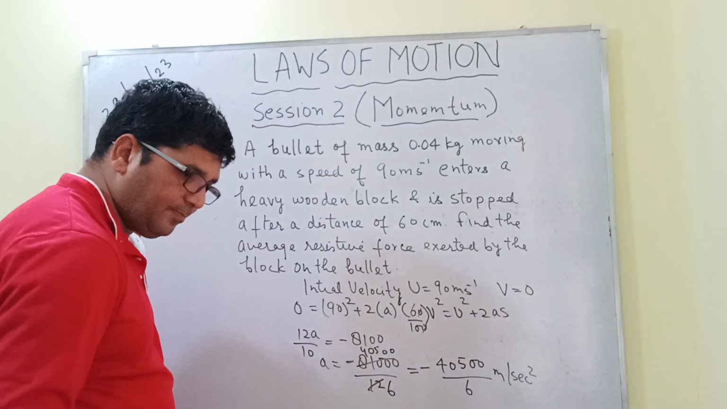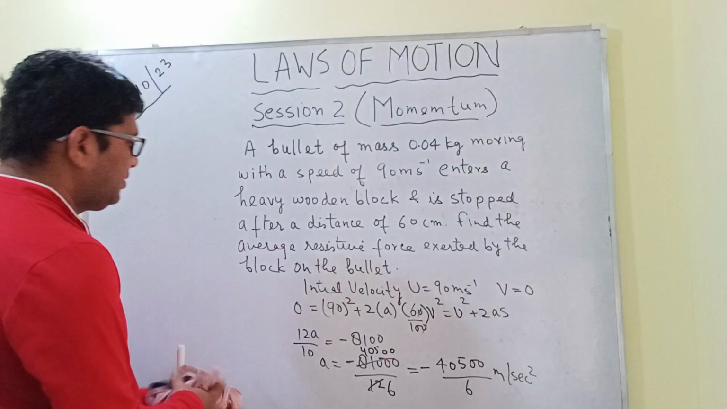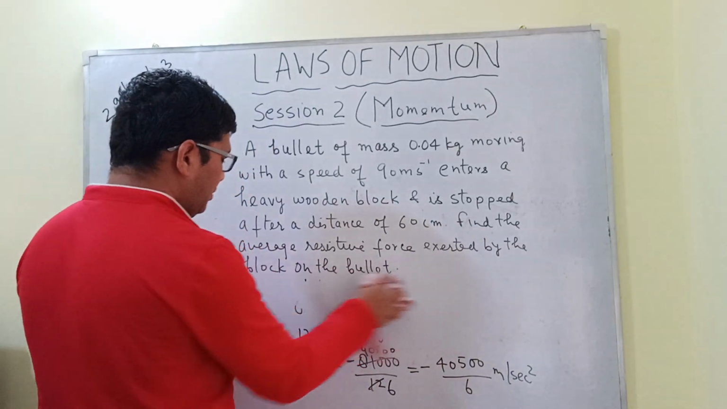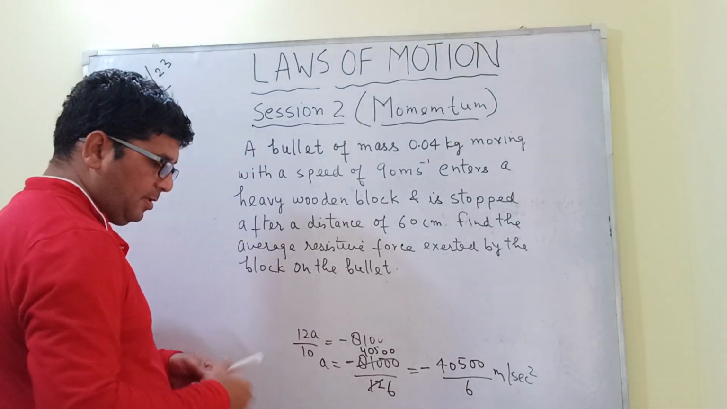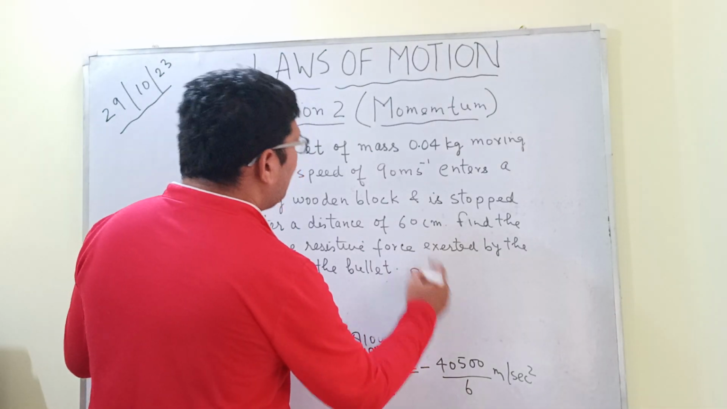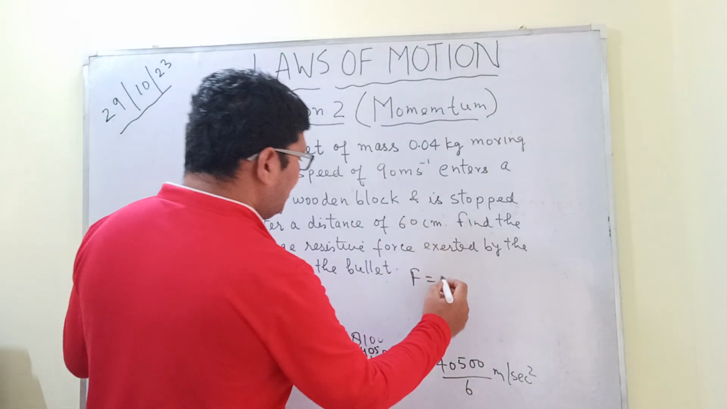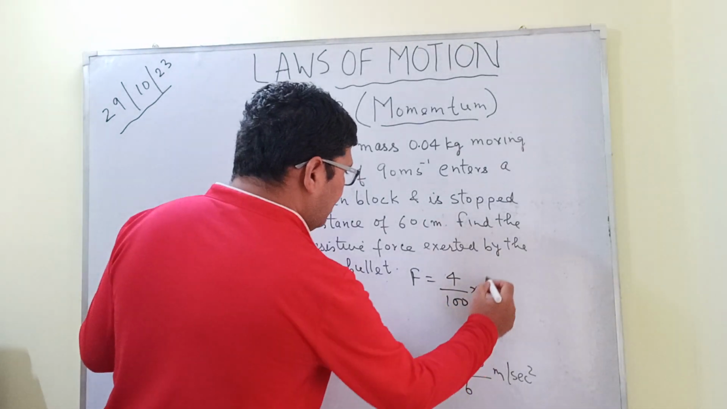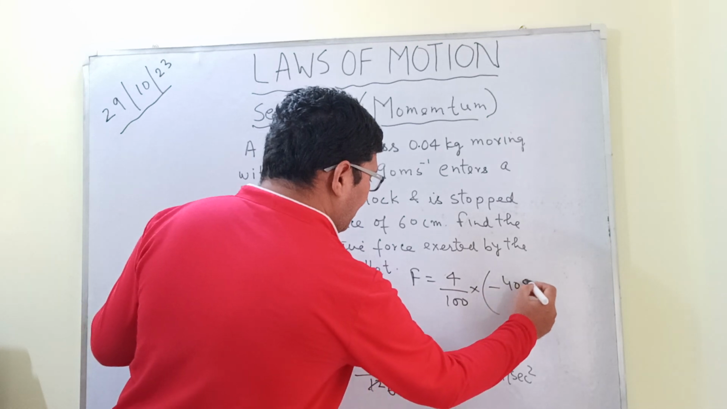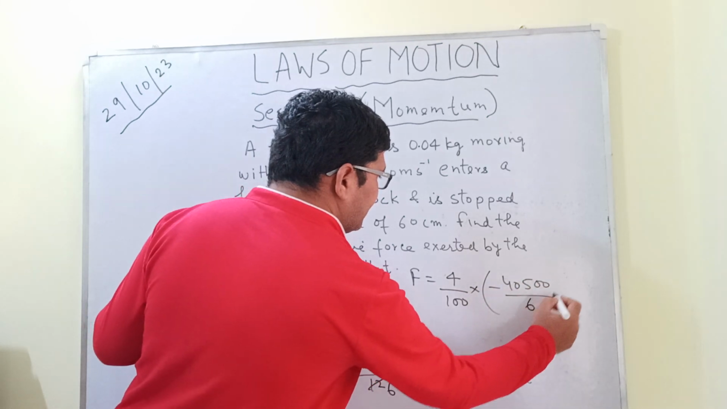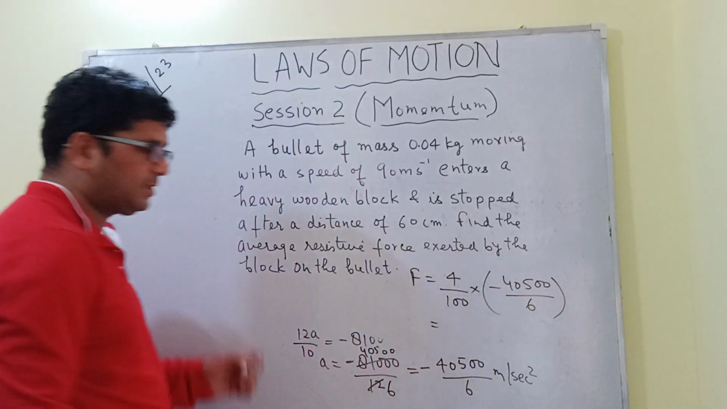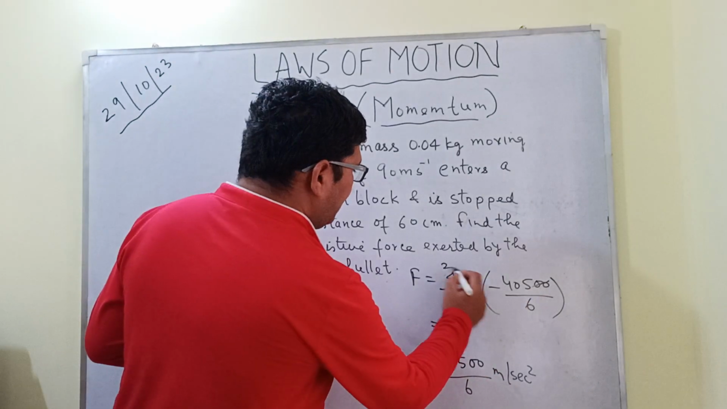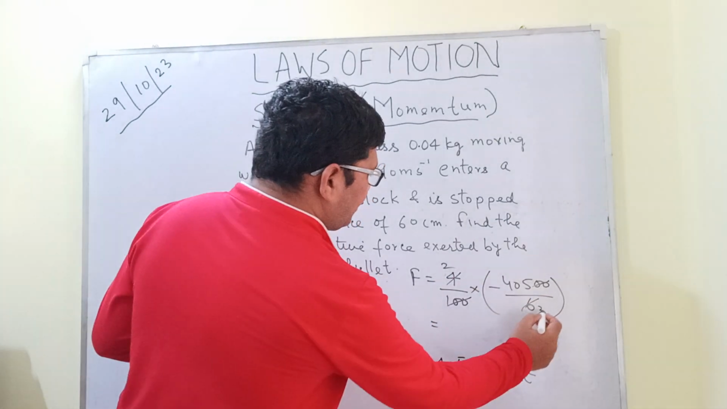नाउ वी हैव टू फाइंड द एवरेज रेसिस्टिव फोर्स. तो हम यहाँ पे निकाल सकते हैं, एवरेज रेसिस्टिव फोर्स F इज इक्वल टू मास इनटू a. मास दिया हुआ है, मास 0.04 kg है, तो दैट इज इक्वल टू 4/100 kg, इनटू -40500 डिवाइड बाई 6. ठीक है, ये आपका आंसर आपका न्यूटन में आएगा. सो ये कैंसिल हो जाएगा, एंड इसको हम डिवाइड करेंगे तो क्या होगा,